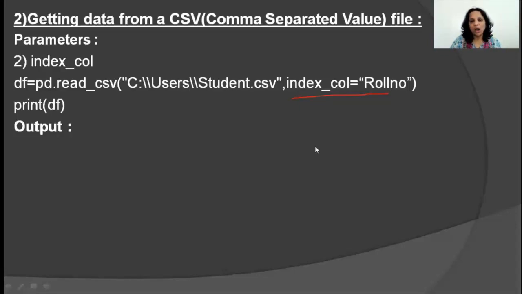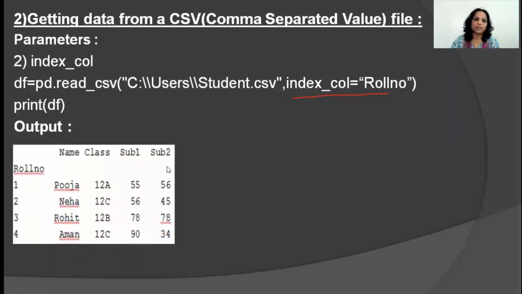Okay, so how would your output look? Can you see? The indexes, which were 0, 1, 2, 3, have now become 1, 2, 3, 4, depending upon what roll numbers you give. If you give 101, 203, 304, it's going to show you that. And you have the name, class, and so on. You might wonder that we had many more subjects there. I've just taken a subset of that to show you here, rather than showing you the entire record.